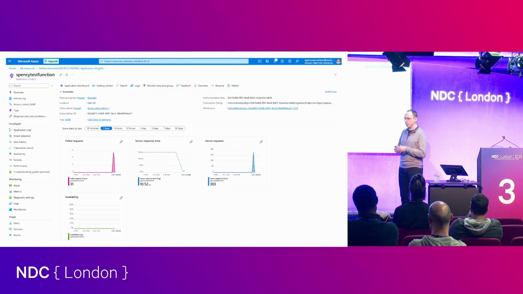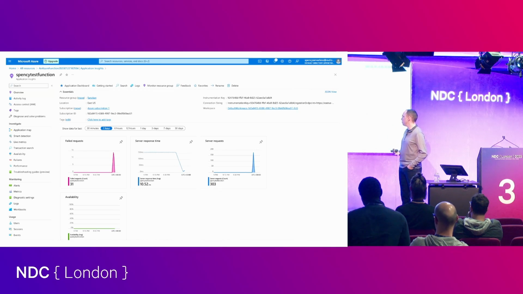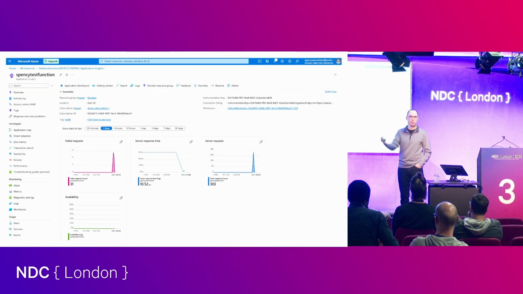So right out of the gate, if you're familiar with Azure, probably should have asked this. How many people use Azure on a daily basis? How many people use AWS, Google Cloud? Okay. Well, you know Application Insights well, at least half of you do-ish. You know that right out, you get a lot of good comprehensive data, information. You can see right away that it immediately signaled my failed request. Of course, you can set up alerts around that.